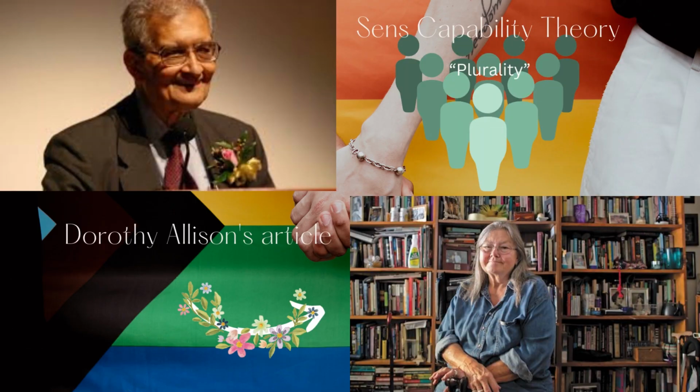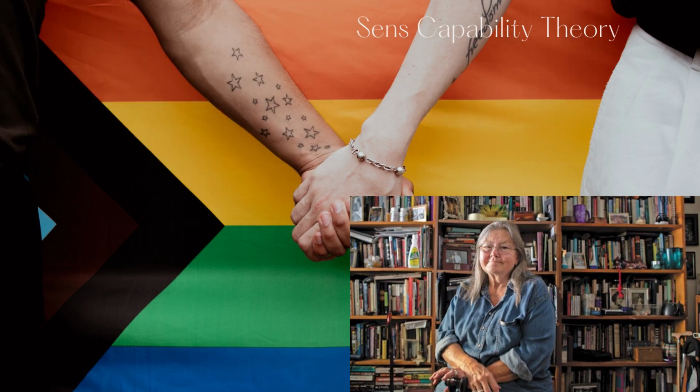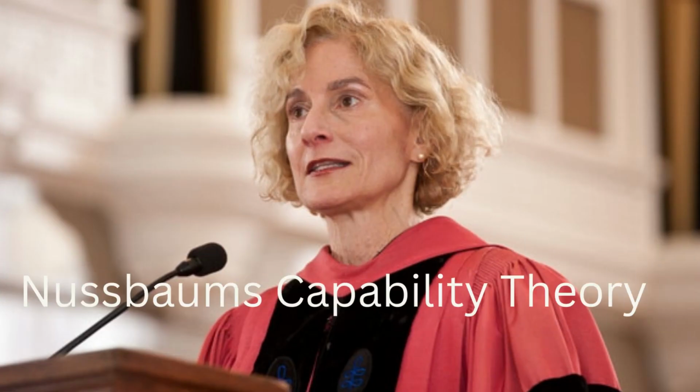First, Sen's argument stresses plurality in choosing an individual's functionings relative to their concerns and values. Inherently, the list of functionings is open. An example might be that a person may consider the inclusion in the LGBTQ community as a necessary function. With the example of Dorothy Allison, her inability to openly express her sexuality as a consequence of poverty led to the loss of her well-being and dignity, whereas another person might not consider this necessary for their well-being. Our second approach in the selection of functionings is Nussbaum's. Her standardized method introduces a list of 10 essential functions that are universal and applicable to all, which we will get to later on in the presentation.